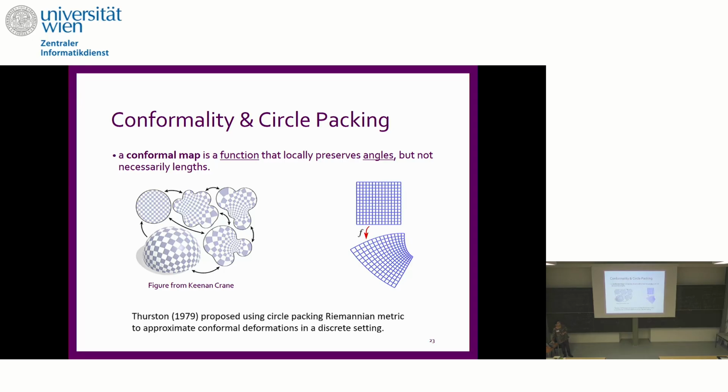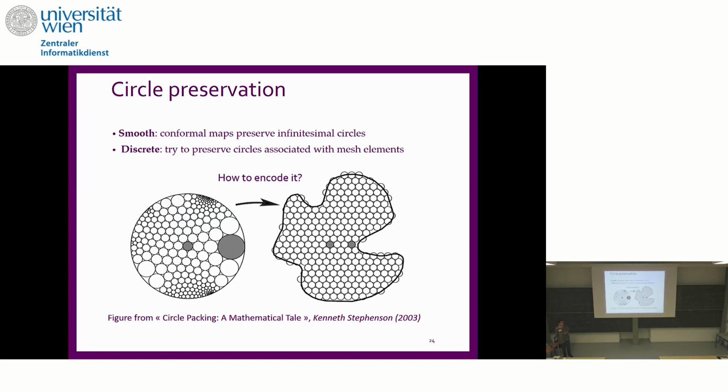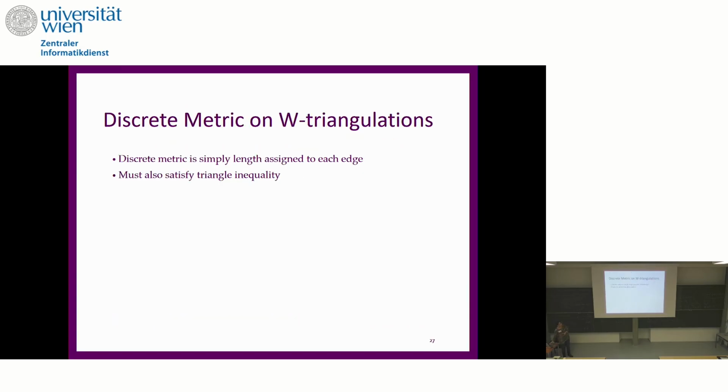Here we are trying to somehow separate them, and this is done through circle packing toolboxes. The idea is to encode this conformality of your map as the preservation of the angle between the circles. So nothing surprising, and you would allow the scale, the size of the radii of these circles, to change. So that would be the distortion that you are introducing. But as far as the angles are preserved, you are fine. And the angles, as we said, were nicely encoded through the circle packing definition. Okay, so